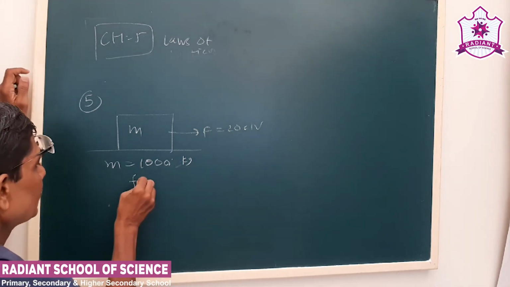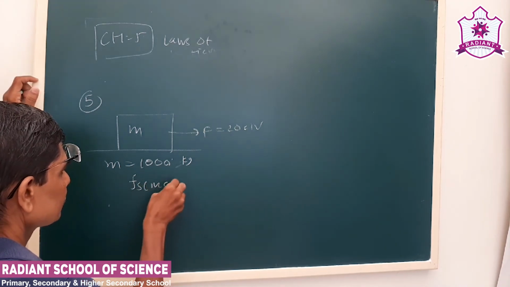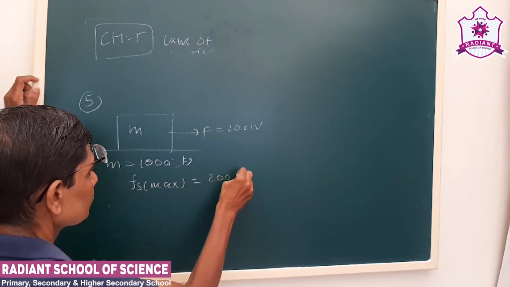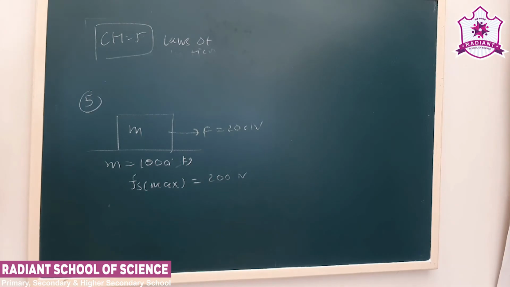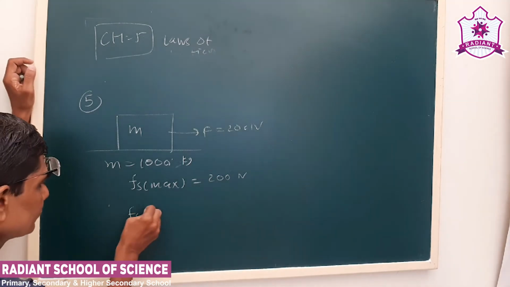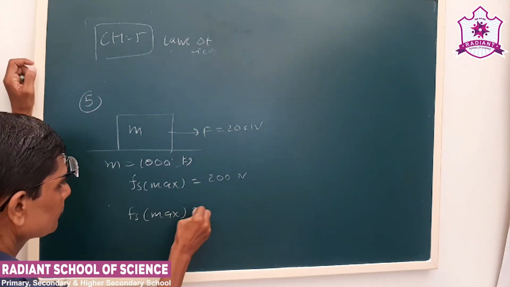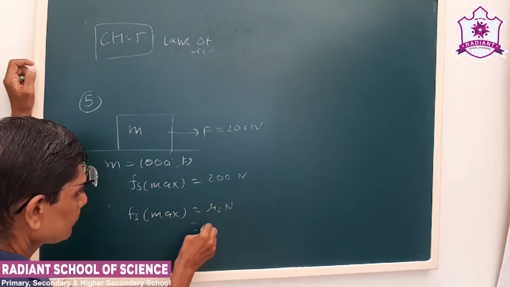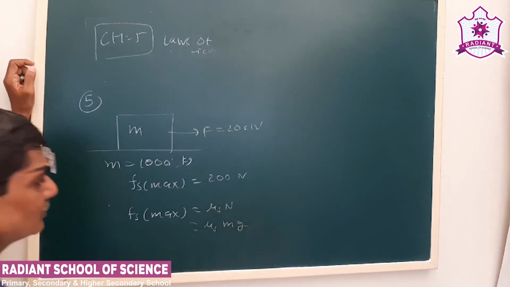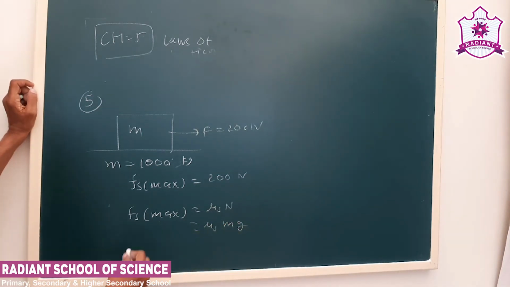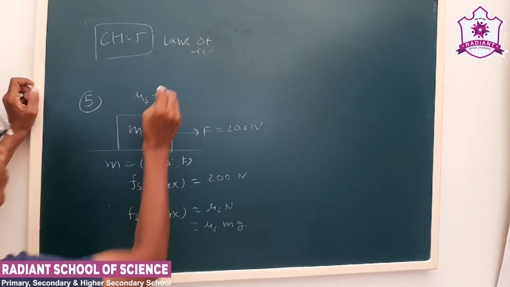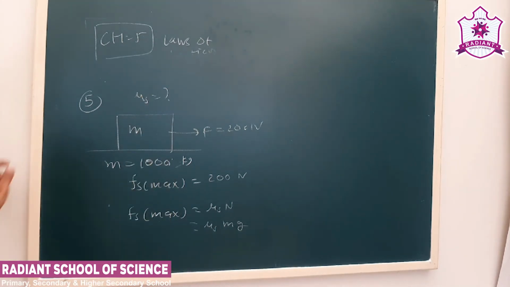Now see Fs max. Okay. Now what is the formula for Fs max? That is mu s into N. N is mg. Okay. So here we have to find out mu s. So mu s will be